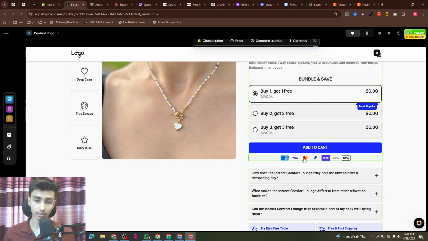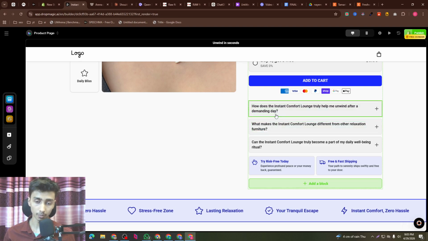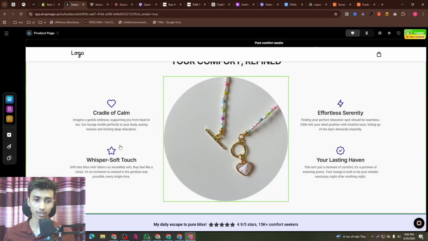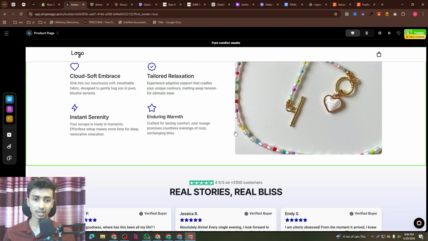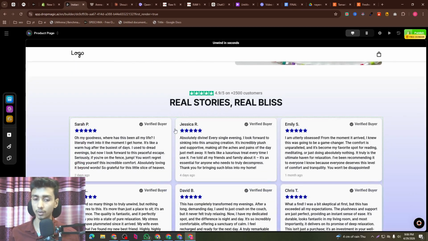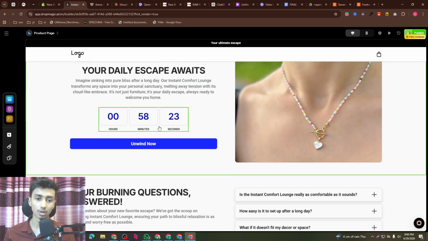Under the add to cart, what payment methods we are actually offering, so all the details here. You see here all of the FAQ, I mean about our product promotion, we will keep everything here. We'll give some of the product benefits or product offers here, and then we'll explain our product benefits here. So yeah, that's pretty much it. This is just a basic layout, so whenever we start working with you, we will do the exact same product page for all of the products. Okay, so this is all about our product page.